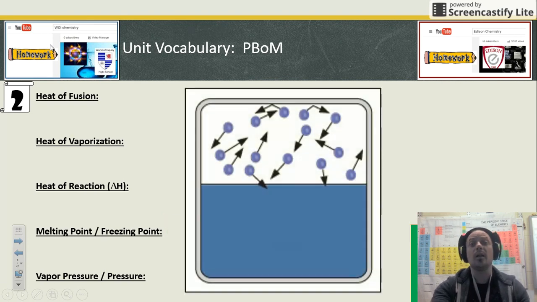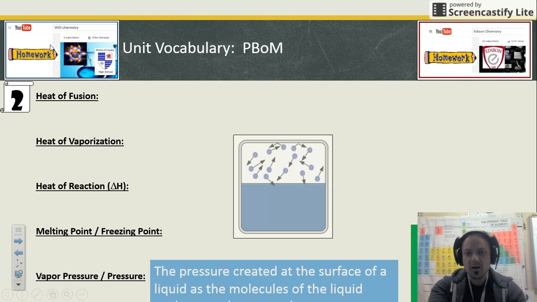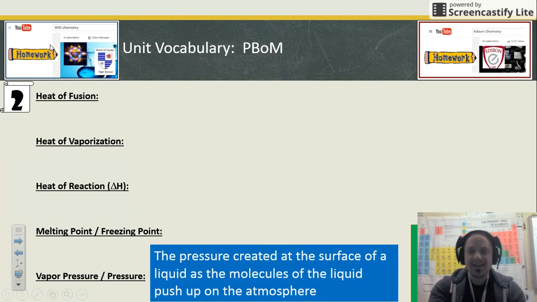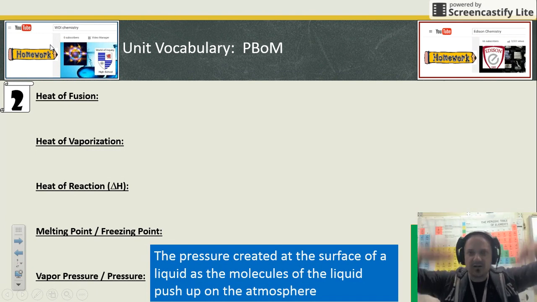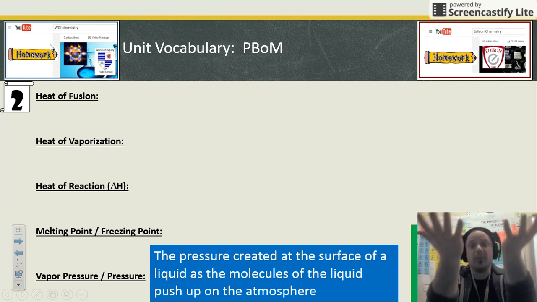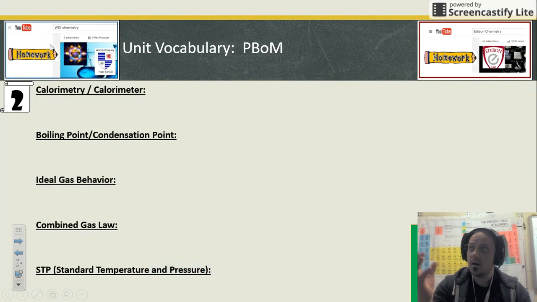So, vapor pressure, next fact. Vapor pressure is the amount of pressure that particles are exerting above a liquid. Okay, it's created at the surface, and they push up on the atmosphere. The atmosphere is always pushing down. We've learned not to feel it. Particles do feel it all the time, and so we're going to work with vapor pressure when we study boiling,